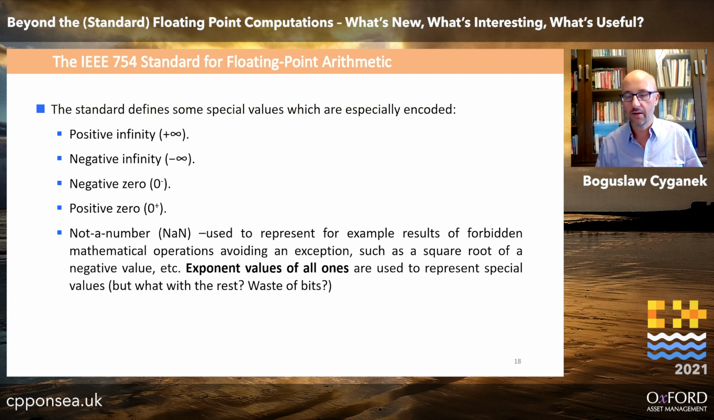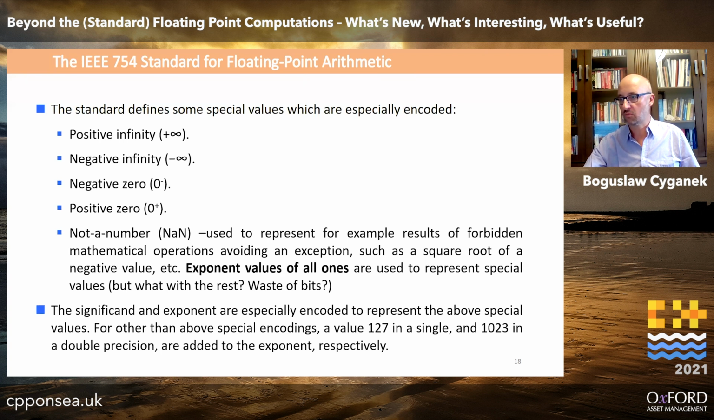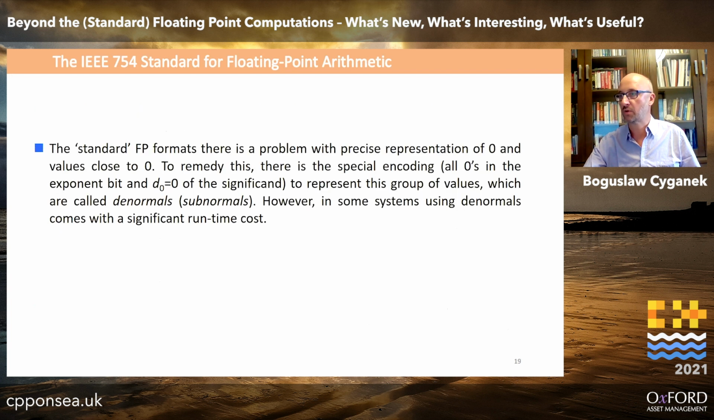Because exponents are only part of the word, we see that there can be some room for improvement, not to waste so many bits. And the significant and exponents are specially encoded to represent the above special values. For other values, 127 in single and 1023 in double precision is added, as I mentioned, to avoid direct negative exponents. Well, yes, and we have a problem with this special group of very small values, the denormals,